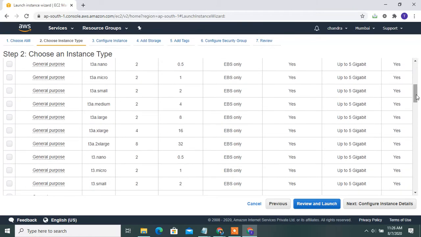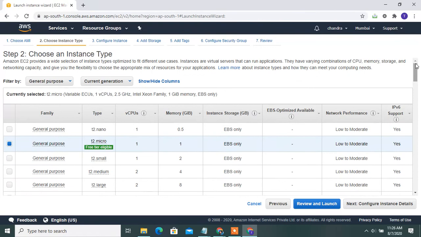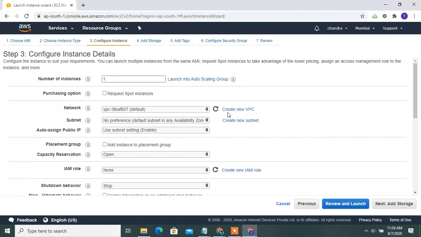Okay, next, under the below section are cancel, previous, review and launch. Once you click on review and launch, you can directly launch the instance. But I will discuss step by step, and go to the next, configure instance details. This is the most important point also. Step 3, configure instance details.